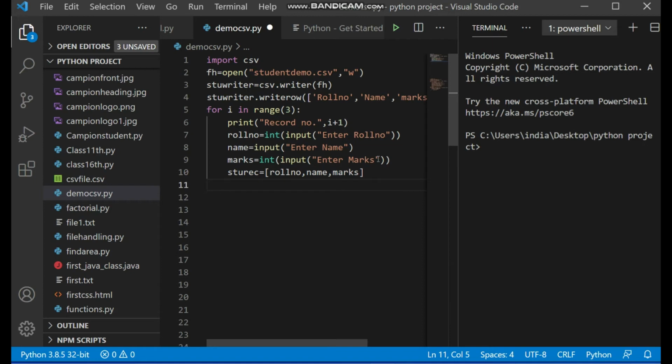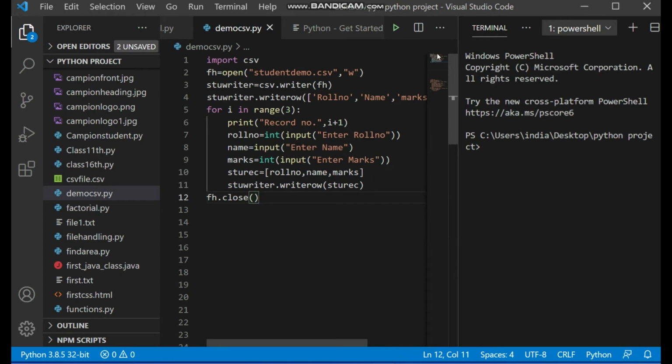Now we have to push it into the file. So again, the object of the file is needed. What is the object here? stu writer dot. We have already done this process using the function writerow within brackets. Now pass on the record that you want to write. So this is done. The next thing left is only to close. Always when you close the file, that is the time when your data is actually pushed to the file, otherwise it remains in the buffer. That's why fs dot close, this is a very important part.